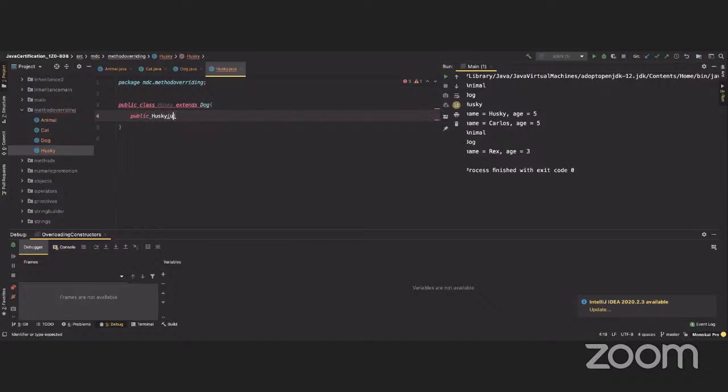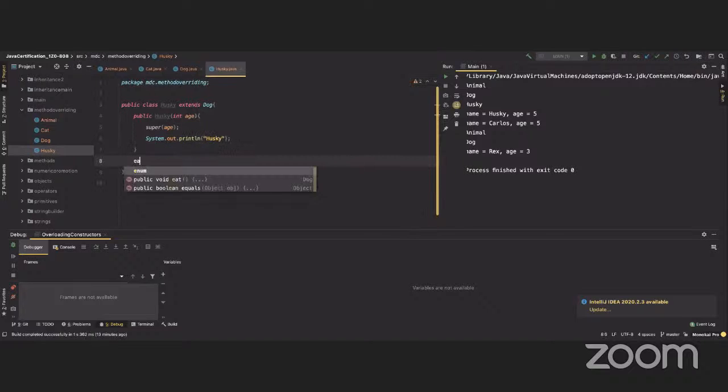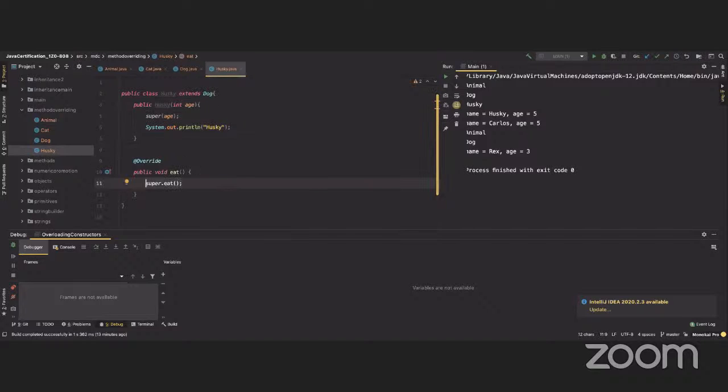Husky, pass H, and then super H, because the super class has a constructor with an H argument, and it says this out, Husky, right? Now I'm gonna say eat. See, I can have the same thing because Husky extends Dog, but Dog extends Animal, and this method is basically